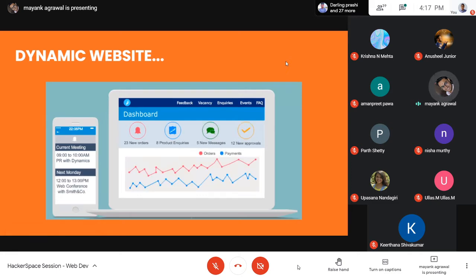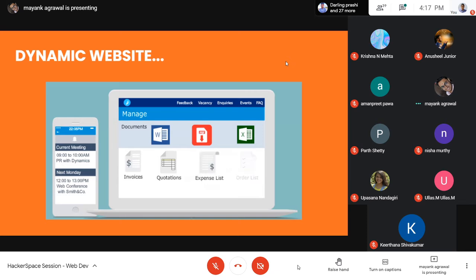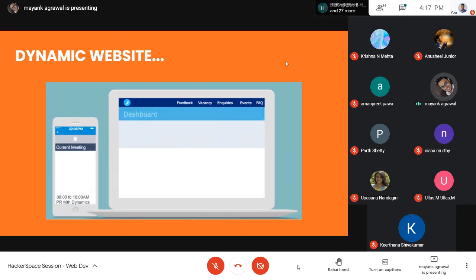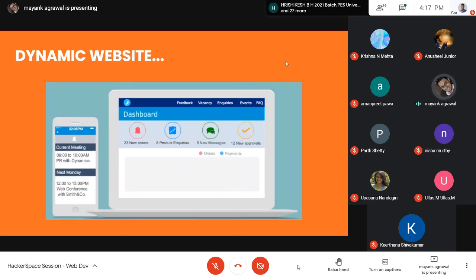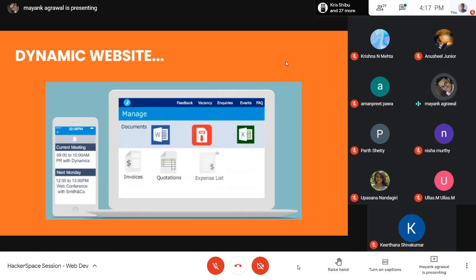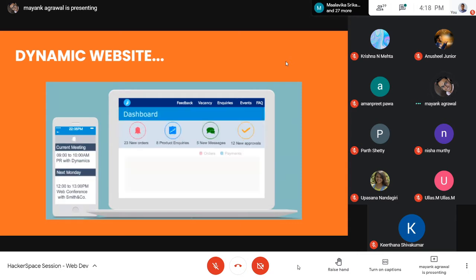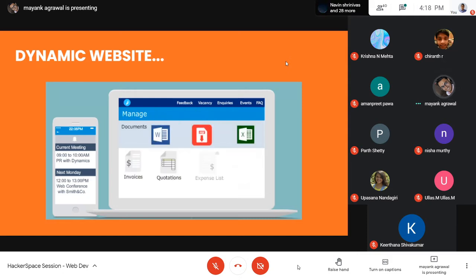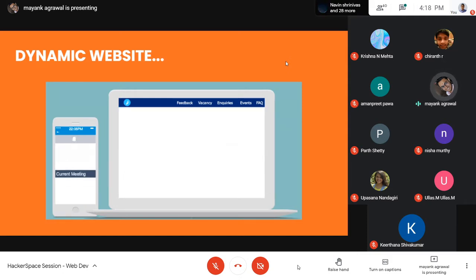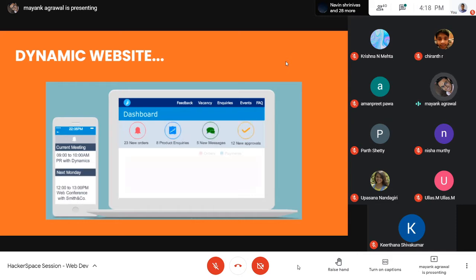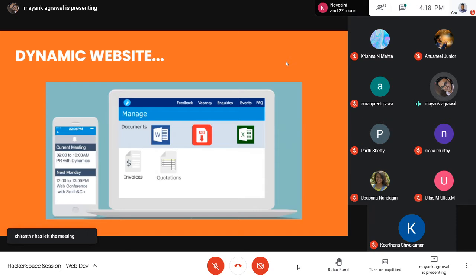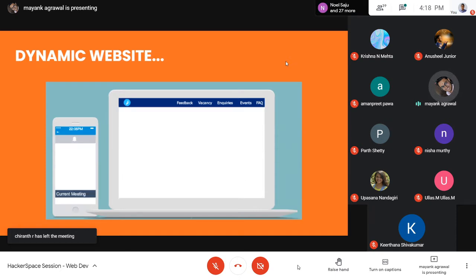If they're correct, it leads you to another page, and that page is specific to your details. It's not like you enter your data and it leads you to some static page which everyone can access. No, it leads you to a page that is specific to a user. Sites like that are called dynamic websites because there is more user interaction, and it's not pre-coded or hard-coded by the developer. It changes upon the need of the user.